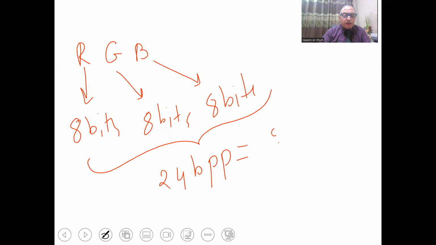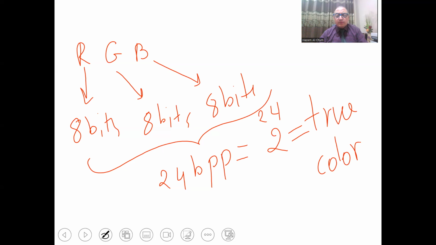This can be converted into the different colors that can be produced using 24 bits, 2 to the power 24. This will give us 16 million or more color variations. So we call this a true color image because it covers all possible colors that can be captured or